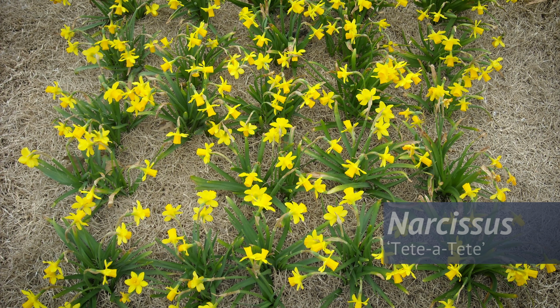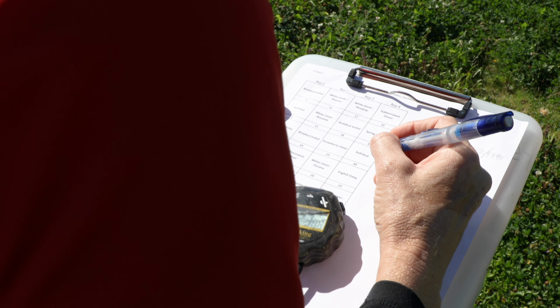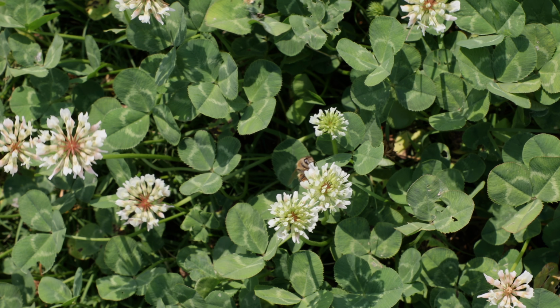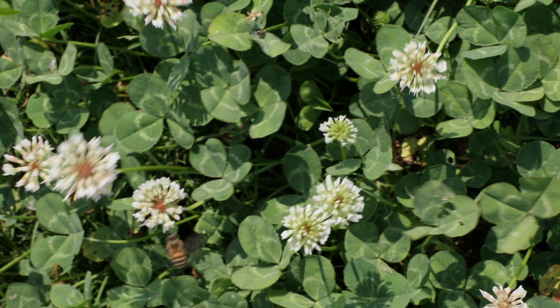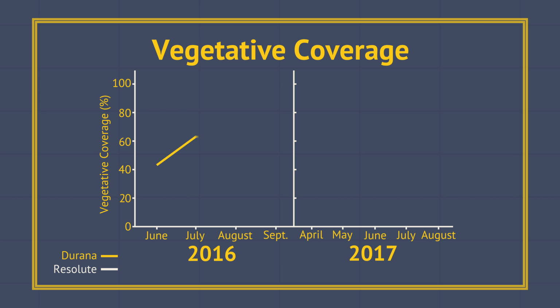Researchers observed vegetative percent coverage and number of flowers twice per month, while pollinator visits were recorded 4 times per week in 1-minute increments per plot, as long as pollinating insects were observed to be actively foraging at the study site. Of the 8 entries considered, the 2 cultivars of white clover, Durana and Resolute, persisted for 2 years and